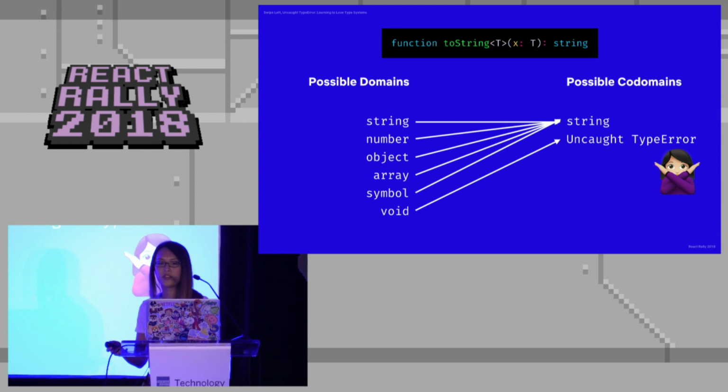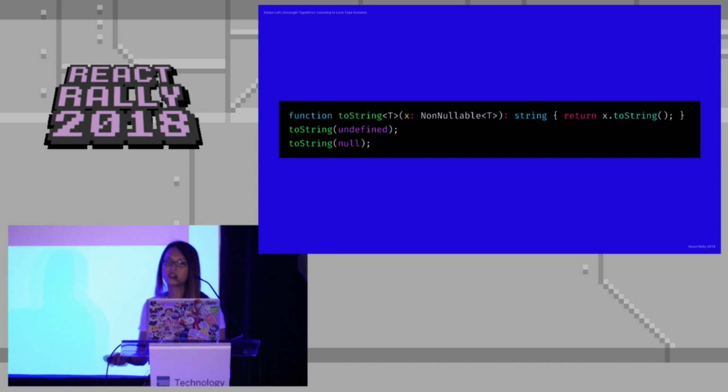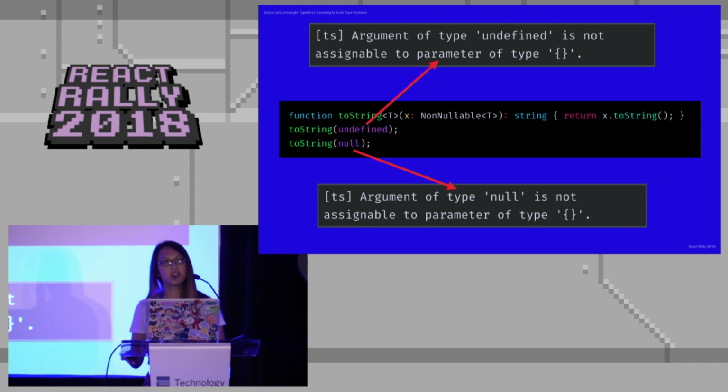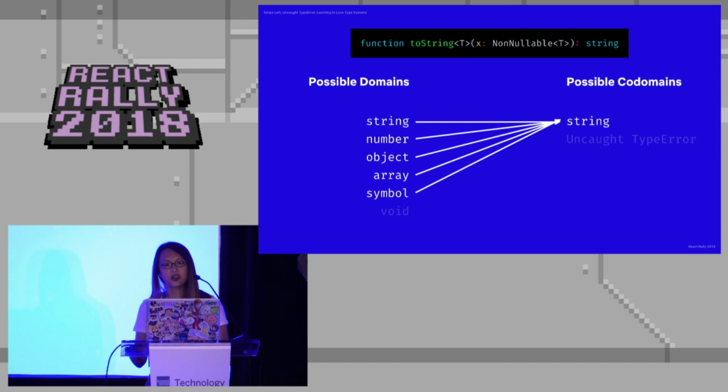And we always want to stay away from the any type because it's not precise. We know from our earlier shenanigans that null and undefined give us type errors. So we want to make this a bounded generic function. To do this, we add a constraint to our generic type. NonNullable is not code, but it's a type that constrains our generic type T. It tells TypeScript to exclude nulls and undefineds from T. And now, assuming that everything else has toString defined on it, we have made this function total, since it will always return for every possible input.